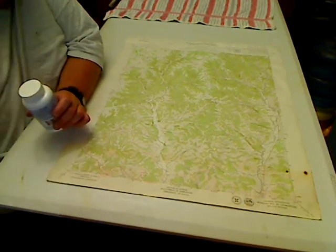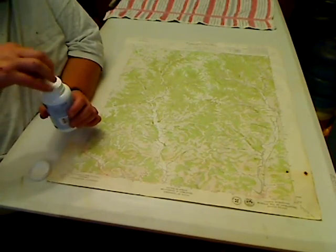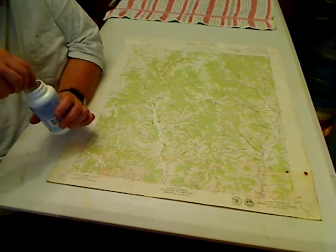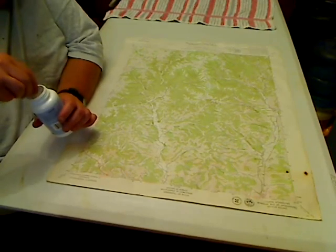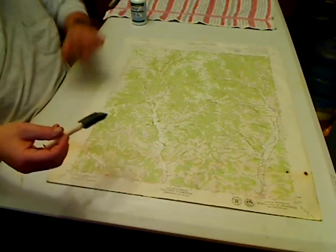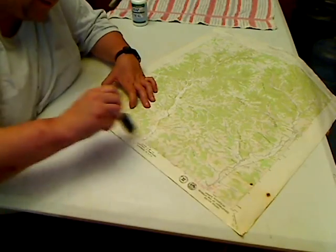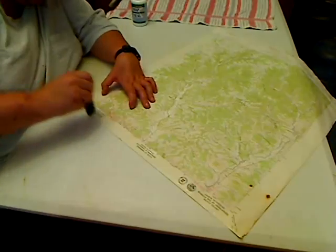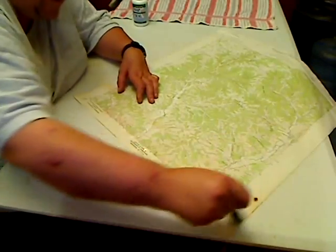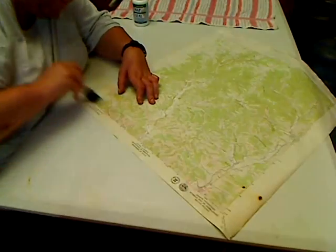Alright, now through the magic of video editing, we are back to do the other side. This is the late night side right here. Do this just before going to bed, so you're not tempted to rush it. I find that's the best way to do these things, especially if you're an impatient type person, is to do them around bedtime. That way you can leave it